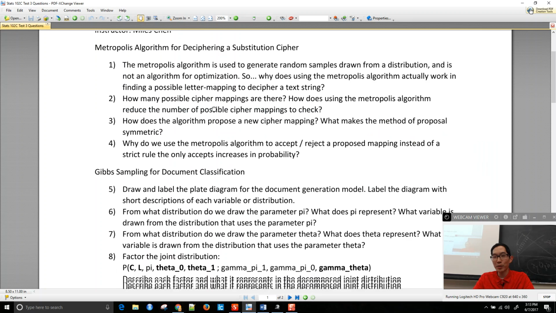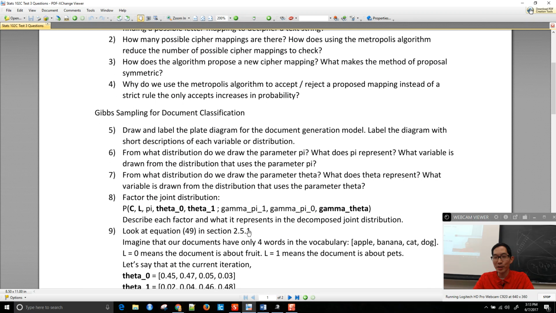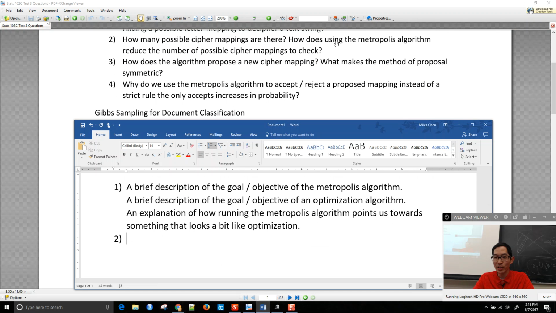Okay, number two, how many possible cipher mappings are there? I think that's pretty straightforward. How does using the Metropolis algorithm reduce the number of possible cipher mappings to check? I think this is fairly clear. Maybe you can just describe